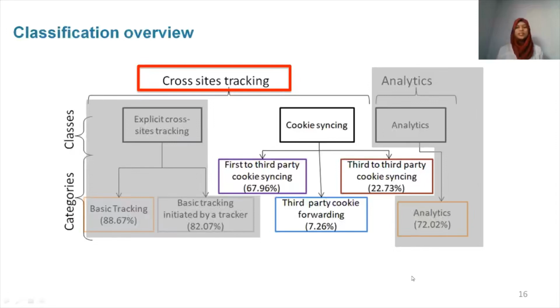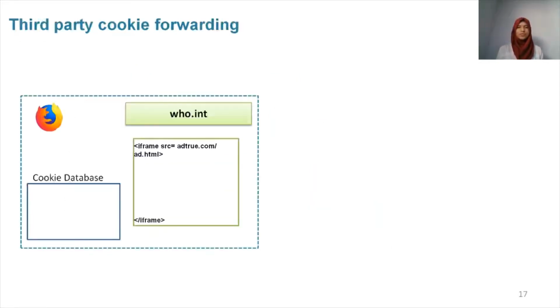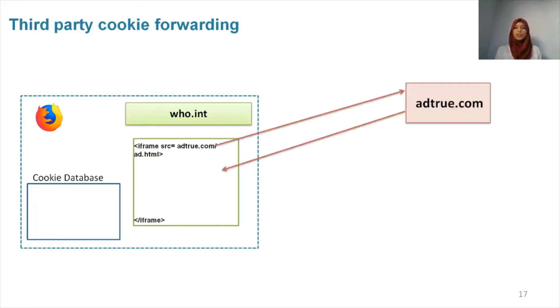Now, moving to the second class, cookie syncing, I will present to you what we refer to as third-party cookie forwarding that is present on over 7% of the websites. Coming back to our example, the user is visiting the World Health Organization, and now let's suppose that inside the website we have content from adtrue.com. A request will be sent to adtrue to fetch this content, and we've noticed that in this kind of behavior,